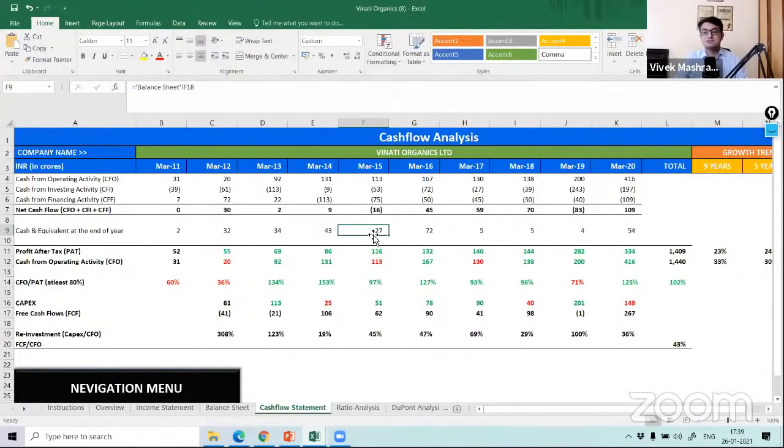Why? Because there is a concept of two things: accrual accounting system and cash accounting system. So say for example, you came to me, and I'm selling pani puri. You came to me and told me you want 10 pani puri. I've given you 10 plates. You've not paid any money. Still I can write that in my sales and book the income.